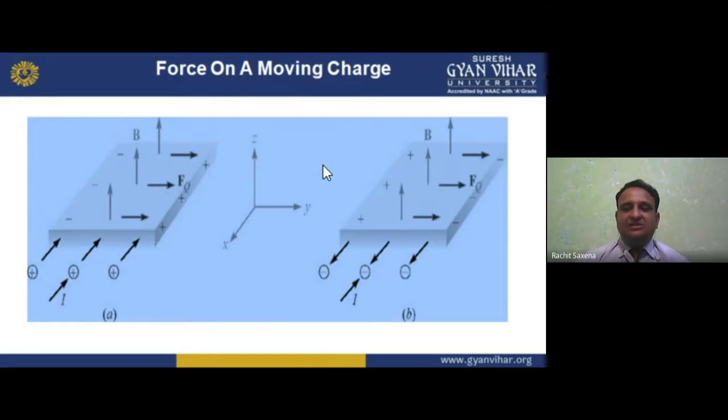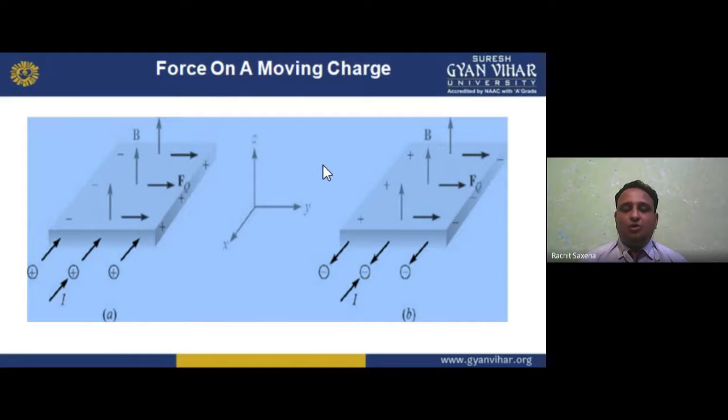So in this figure, I earlier told you three axes we can make: x, y, z. The x axis we are considering as the current, the y axis as the force, and the z axis as the magnetic field. So in a magnetic field with the perpendicular current, perpendicular to these two we have the force. If these are parallel, then there will be no force. The value of the force will be 0.